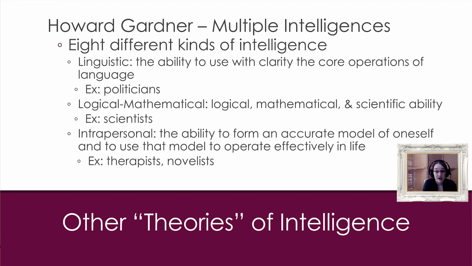Gardner argues there's not. And so you've got linguistic, which is the ability to use, with clarity, core operations of language. An example of someone who's skilled at this is politicians. Logic, mathematical, and scientific. Surprise, surprise, scientists tend to have this. Intrapersonal ability forms an accurate model of oneself,